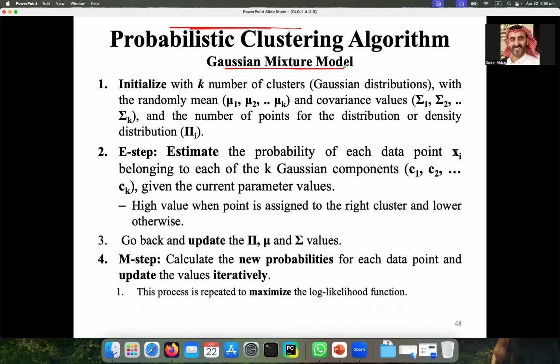Normal distribution. It is normal distribution. So you know the curve of that normal distribution, huh? Like a bell curve. So that is the Gaussian distribution. Okay. So now here in this probabilistic clustering algorithm, theoretical understanding is given here on this slide, not in detail,